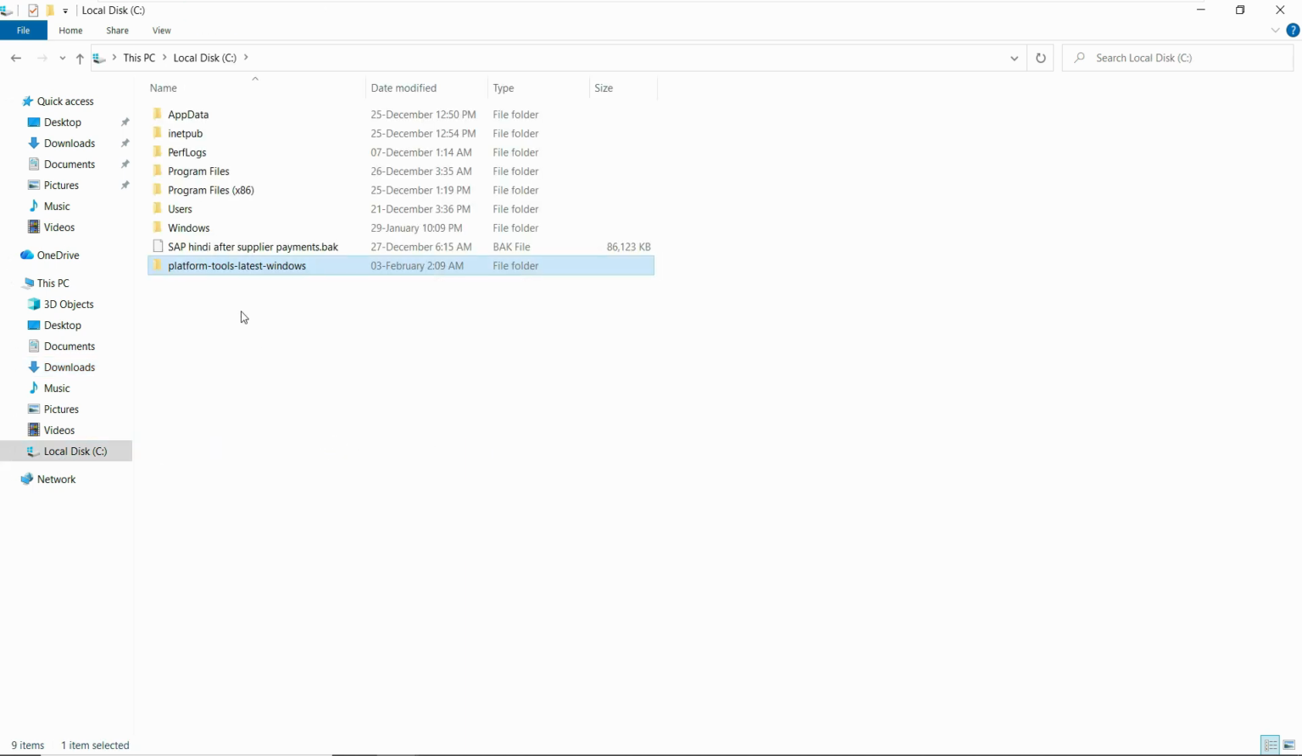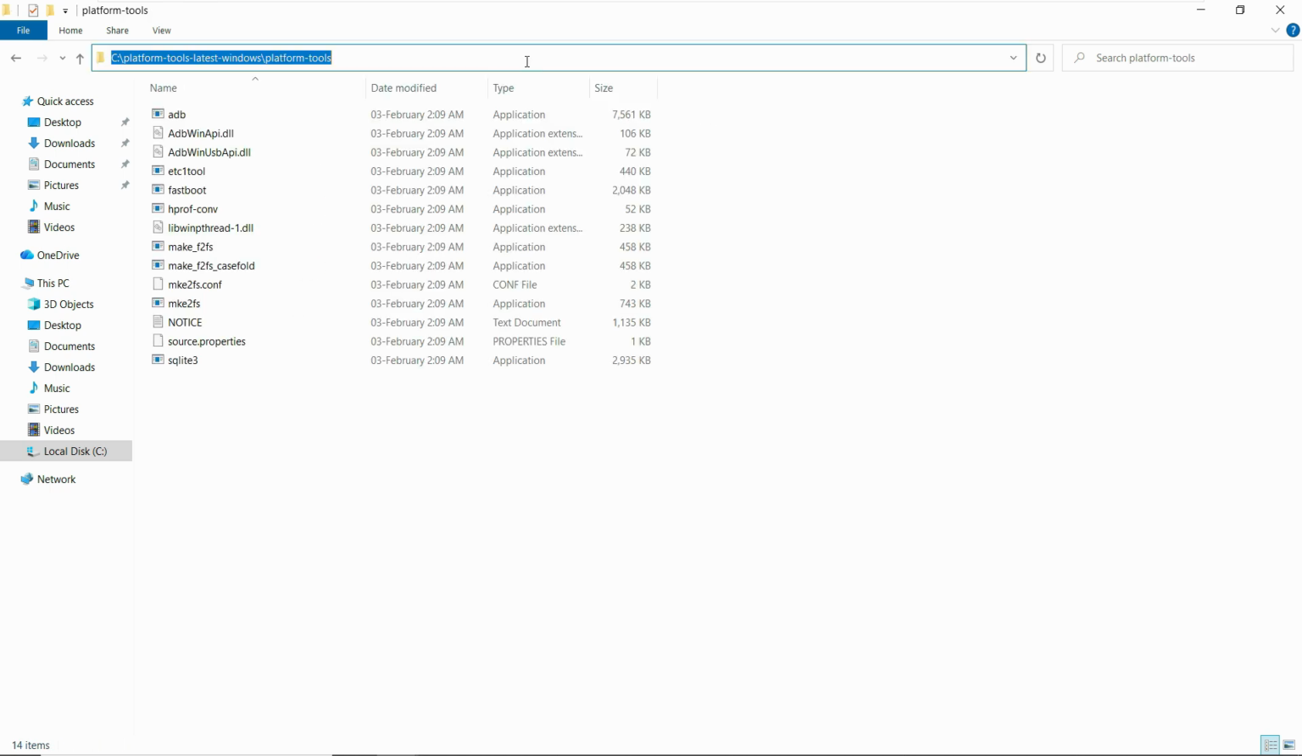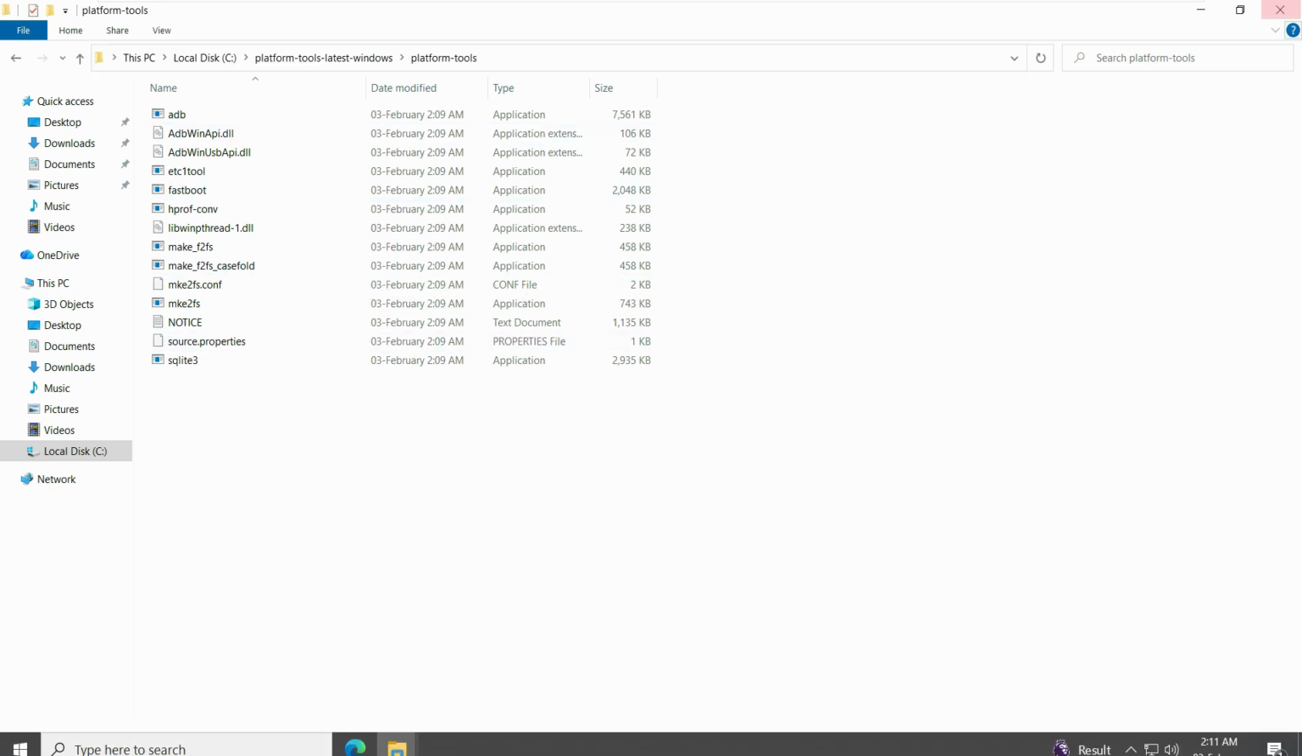And once you paste it, go in the platform tools folder, go to the platform tools and just copy this particular link from the top. Make sure to copy the complete path. Control C, close out of here,